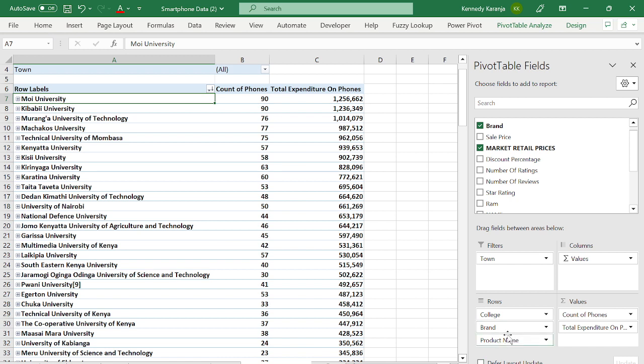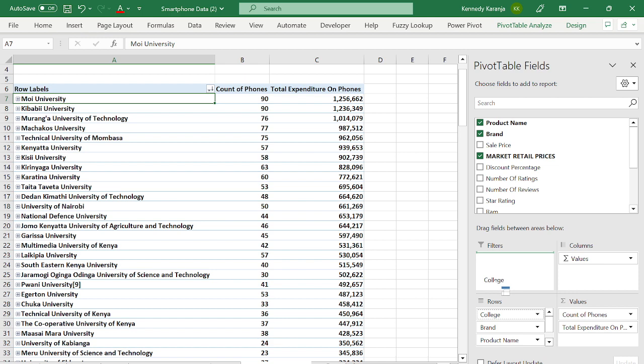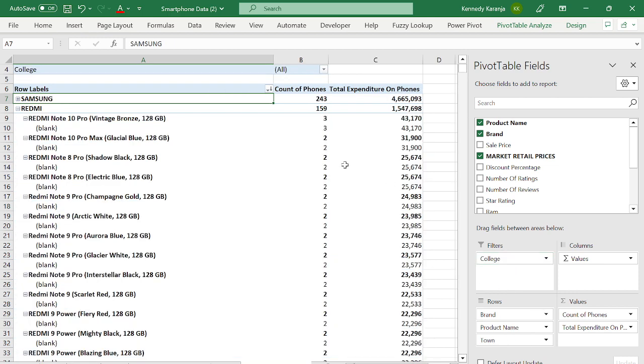Just go try and change to anything that you want here. Maybe now, instead of your filter being town, you can change it. Maybe now have your college as the filter. So you can come change, see the products per